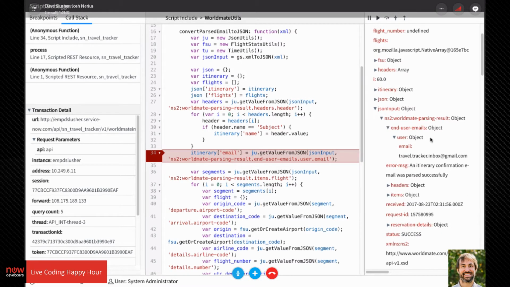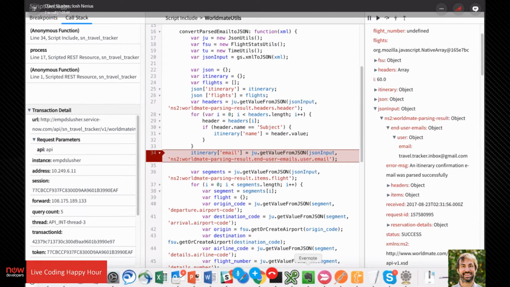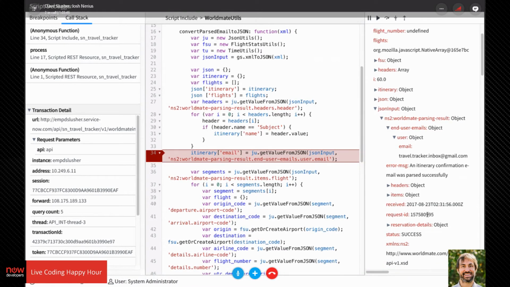Oh, problem. So wait a second. JSON input. This is not my email. Oh. So now that's the problem here. This is where the adapter is failing me a little. So what I need to do